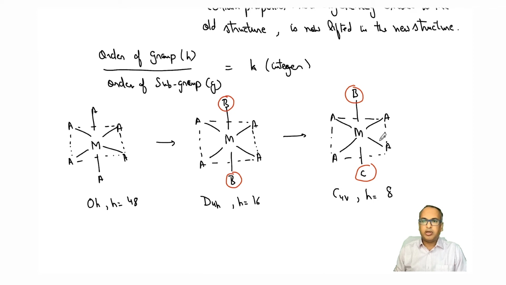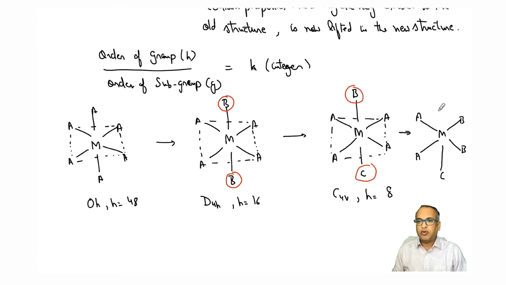So you keep on going, and then what do we have here? If we further replace, let's say, these two as B's and these two as C's, what do we get here? In all these cases, the central metal atom has the octahedral geometry. So the basic geometry of the molecule is still preserved. It is not changing. The point group and the symmetry is dependent on the pendant atoms also. So we are only changing the pendant